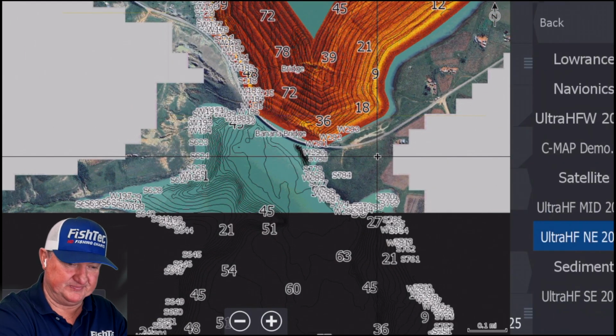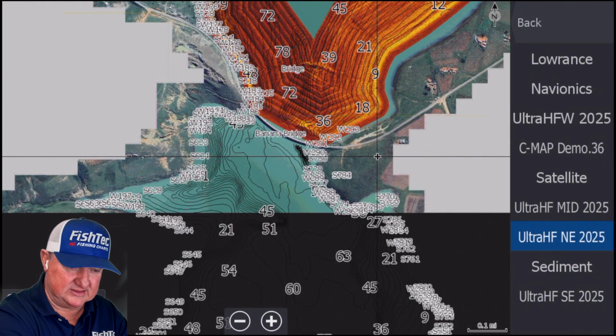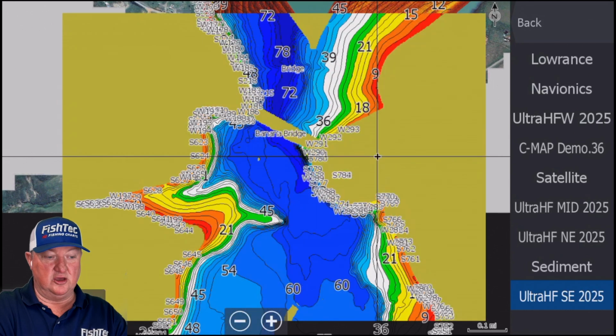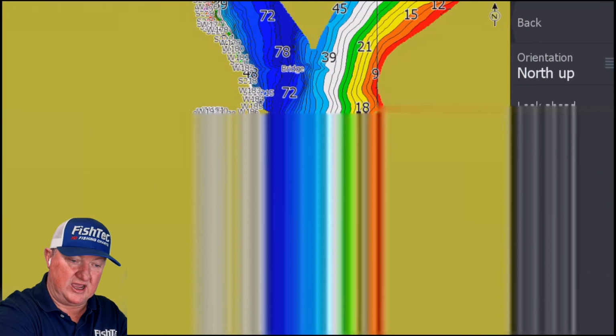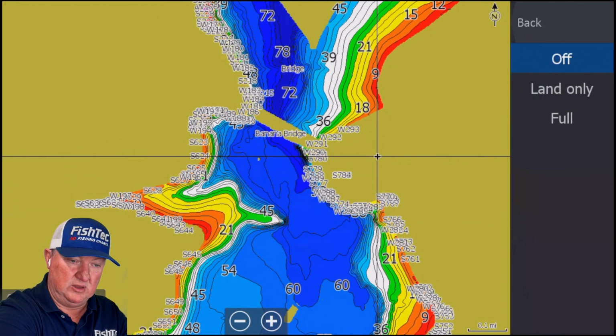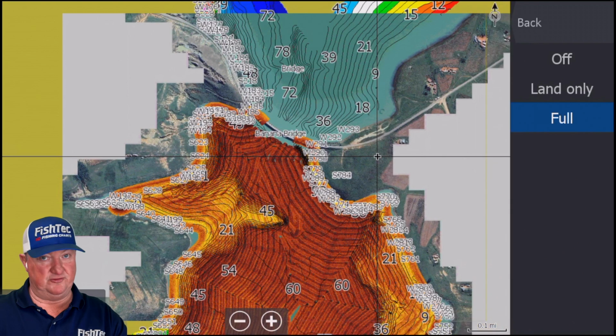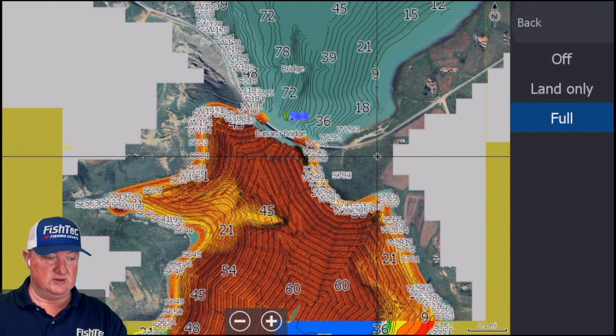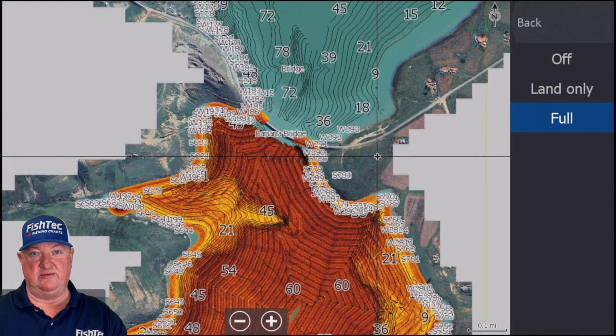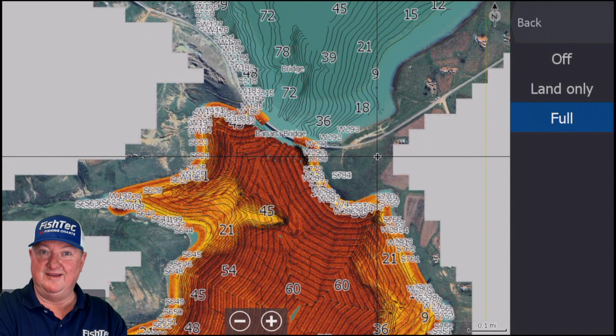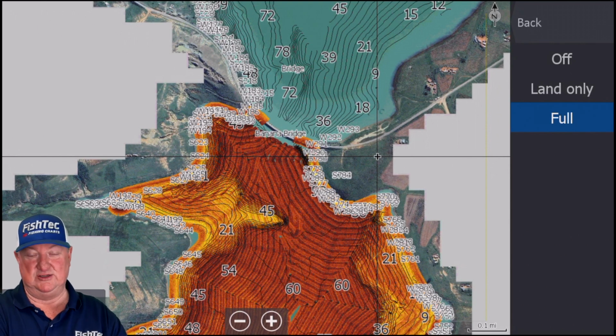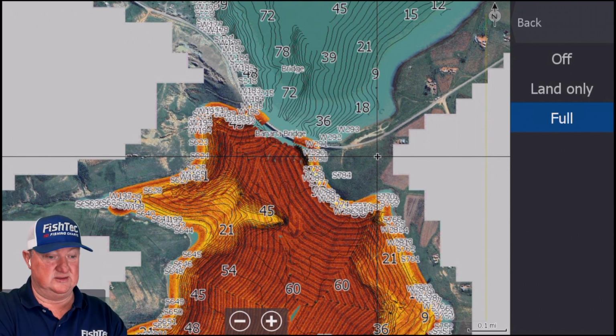Last one is Southeast, Ultra HF. Okay, this area was not scanned with Ultra HF the last time, and I took a lot of flak for it. The guys were like, most important part of the dam and you haven't mapped it. Okay, I don't agree with that, that it's the most important part. I just know it's easier to fish. But when I scanned it with Ultra HF, I went, oops, okay,